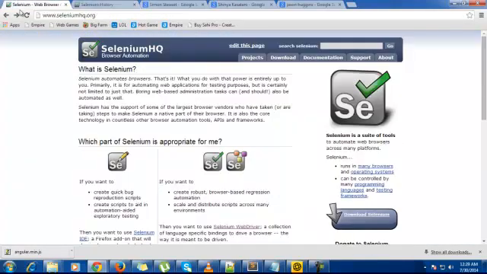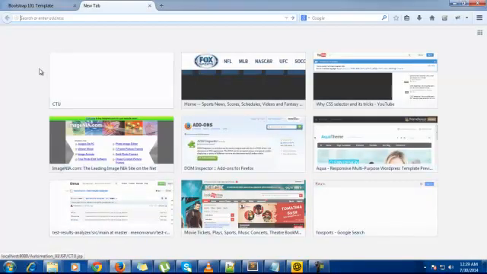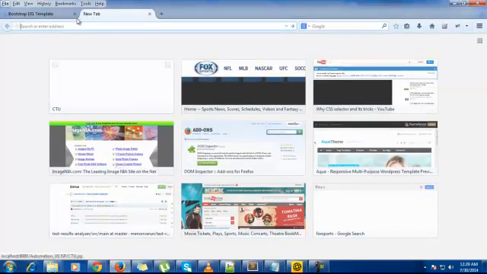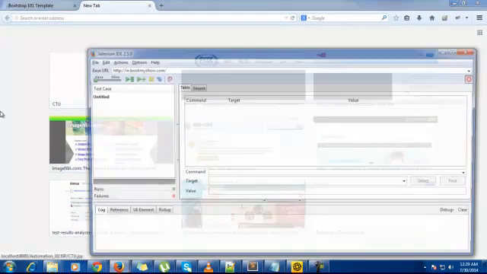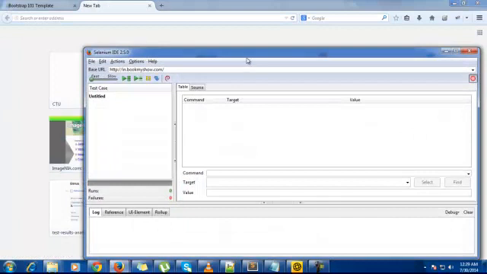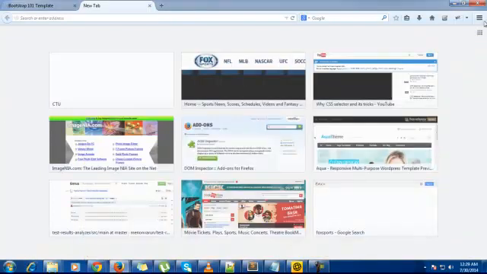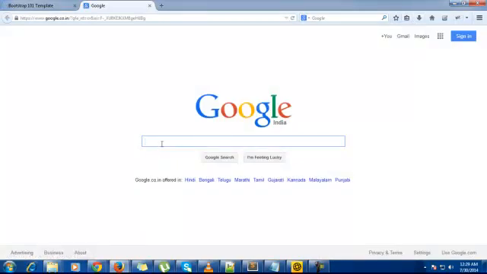Okay, the Selenium IDE is the record and playback tool, which is an add-on in Firefox. You can open it and record anything. This is the record button, this is the play button, and this is the locator select button. Let's search something in Google.